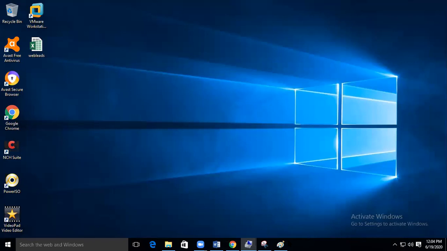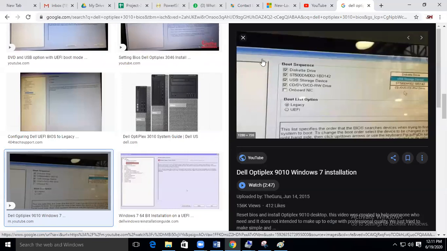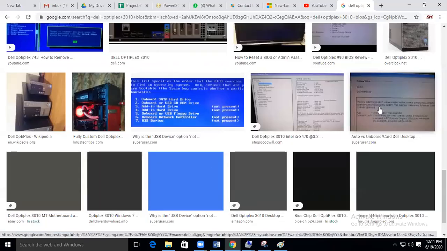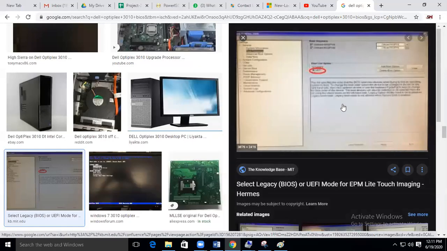I just want to show, if I press F2 on my keyboard, I'll enter into the BIOS. In the BIOS, you'll get a screen like this. There, you have to select this USB and you'll have arrow keys here. You can press up that arrow key. What will happen? You can see in this screen, few more images. You have to use this arrow key like this and that USB will go up.